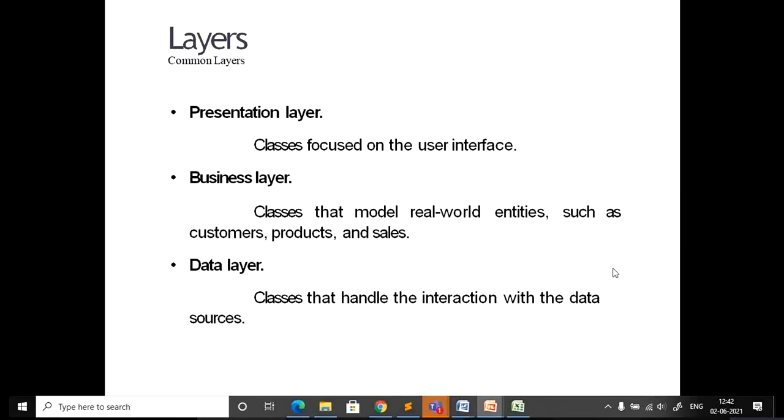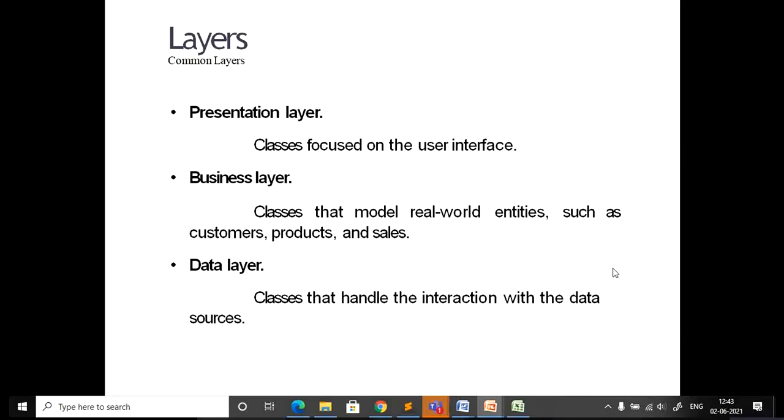Okay, so what layers are available? Why are layers required? You can correlate this to the OSI model. Why was layering required in the computer network OSI model? If you know that, the same thing is applicable here, to segregate all the functionality provided by each layer. So here also the same thing is going to happen.